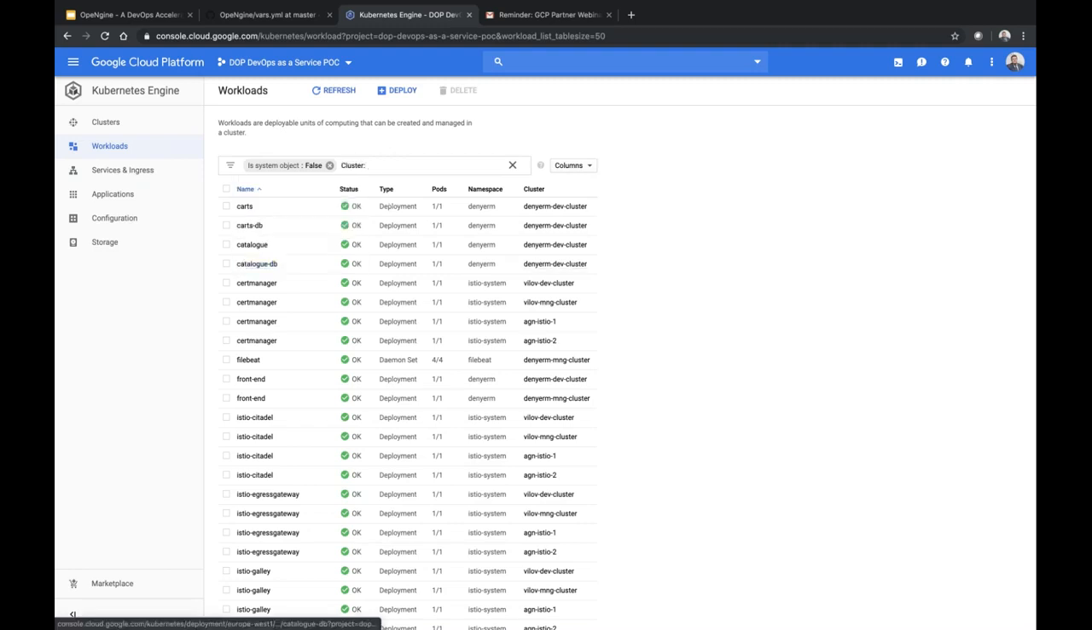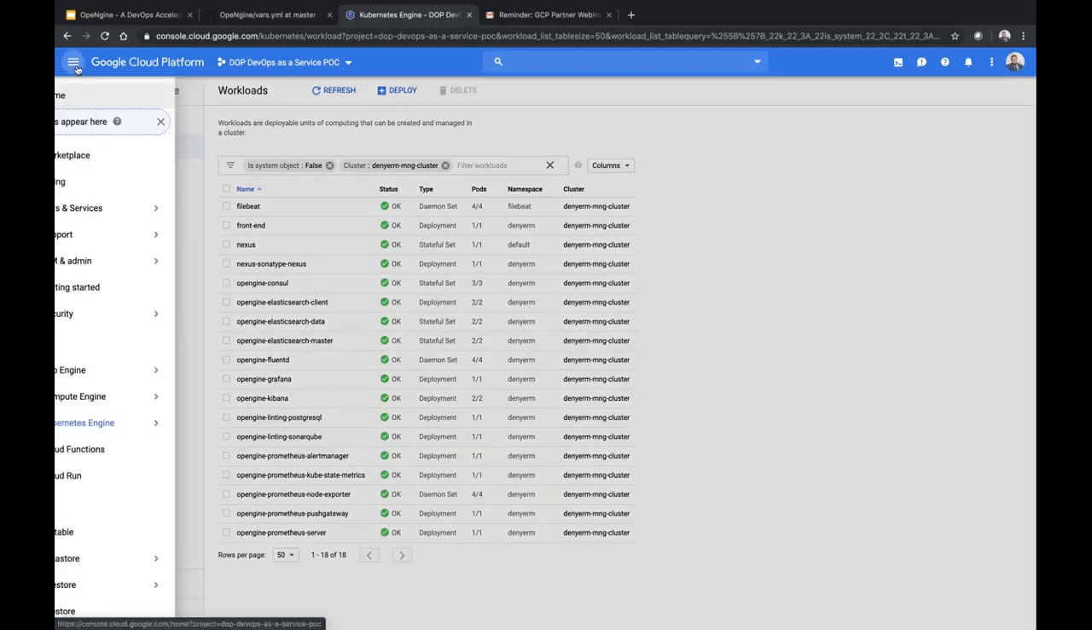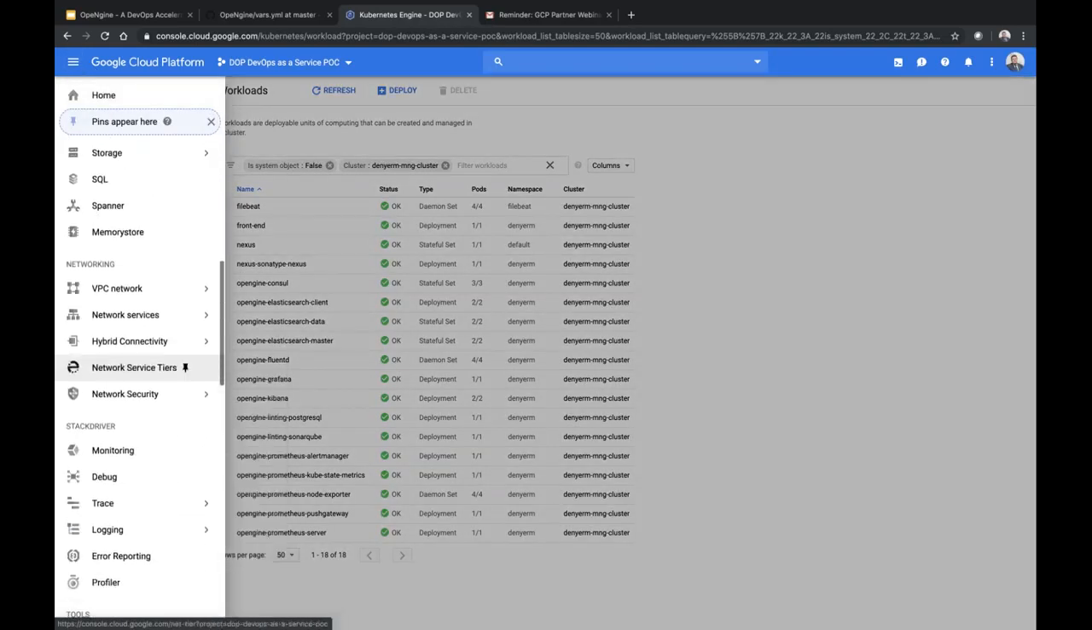So if you look at typical management cluster, we will see that it's already running set of services such as Grafana, Kibana, FluentD, and SonarQube, and they are deployed here and configured. If we go to Cloud Build